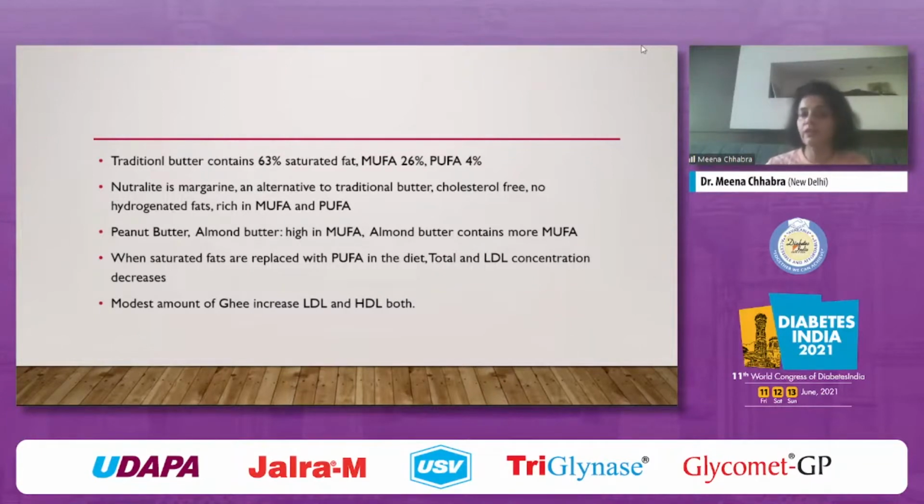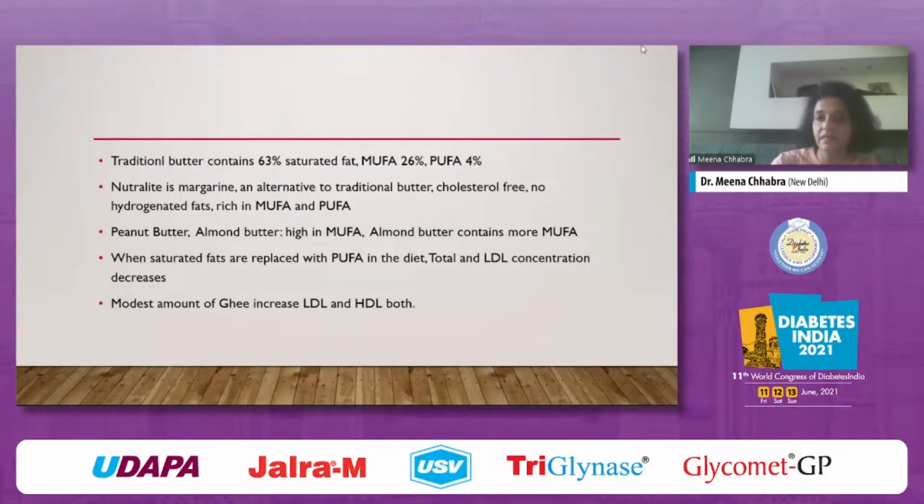Now, what is Neutralite? It's margarine. Margarine is an alternative to traditional butter. It is cholesterol free, does not have hydrogenated trans fat, and it is rich in MUFA and PUFA. We also have peanut butter and almond butter. They're very good substitutes. They are high in monounsaturated fatty acids, and almond butter contains more MUFA than even peanut butter. But like my previous speaker said, we have to know the socioeconomic status of the patient before we write